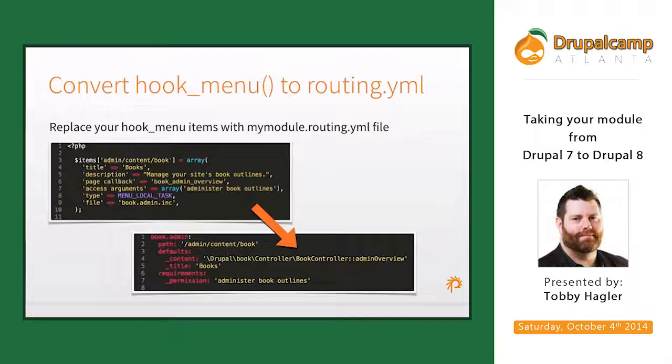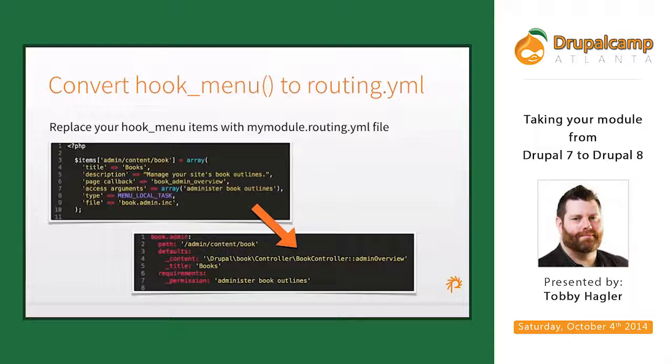The important thing to know is that all of the array elements are still roughly there. Instead of the path being an element of the items array, it now gets its own key value pair. You can set defaults. You can set things like underscore content, which is the name of the callback function that you want to use. And in this particular case, we're using a namespace of Drupal, which is the Drupal